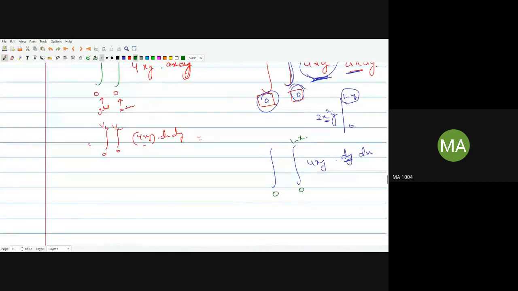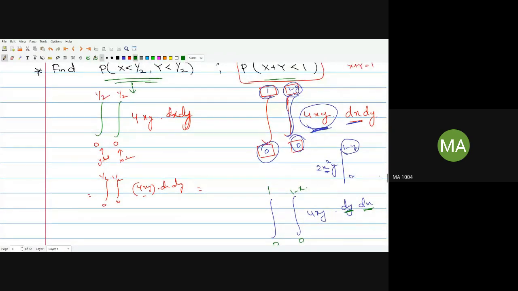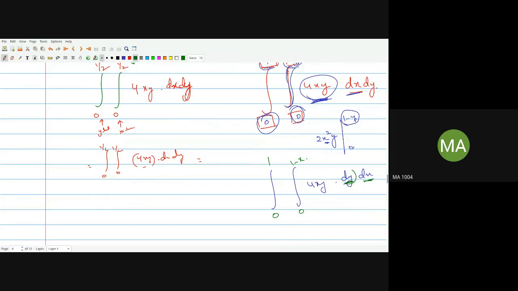Okay, 0 to 1, dy dx. So this is dy dx. One trick or remark you should always remember is that whenever you are finding the limits for y, either they will be constant values or it is a function of x. Here it will be 1 minus x or x square, or it will always be a function of x.